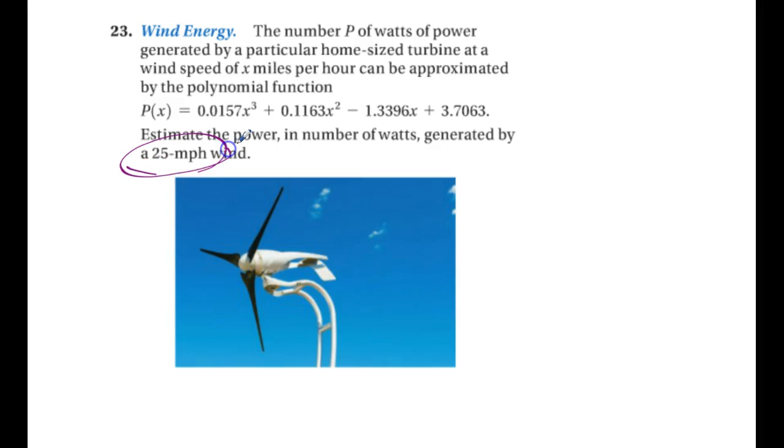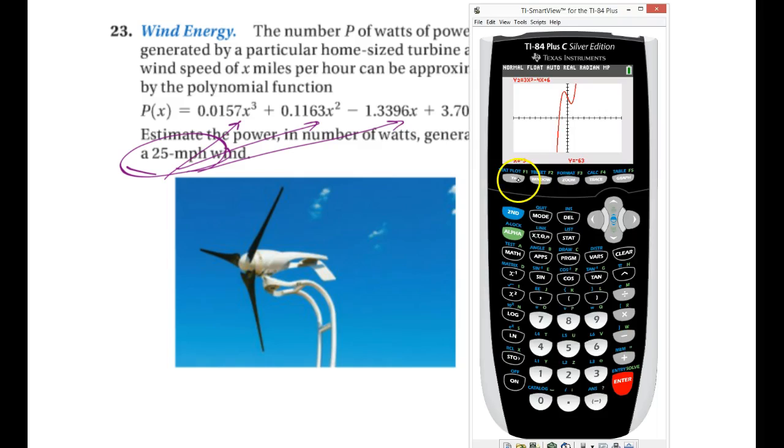This says estimate 25, so you're really supposed to kind of be thinking about what happens if you plug in a 25 to all of this. Well, I'm going to cheat. I'm going to go to my calculator. I'm going to clear out that second function that we did. And I've already typed in, just for the sake of time, that first function. If I hit zoom 6, though, I only get a 10 by 10 by 10 viewing screen window. So if I try to hit trace